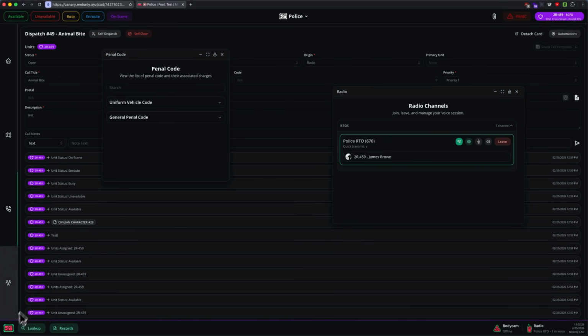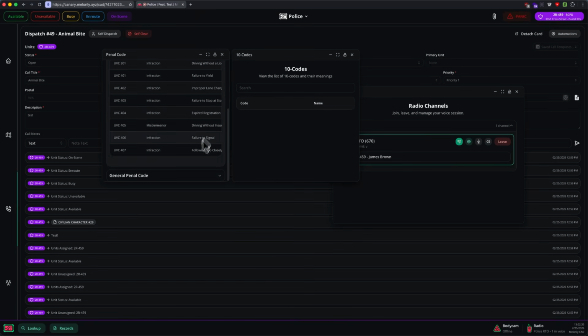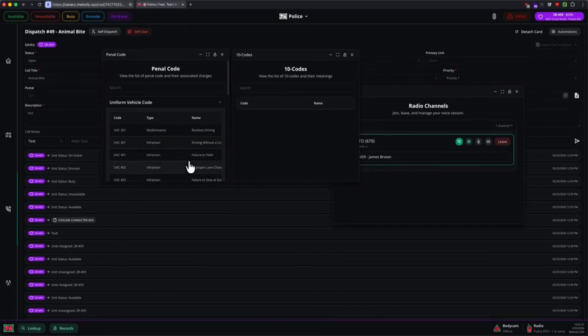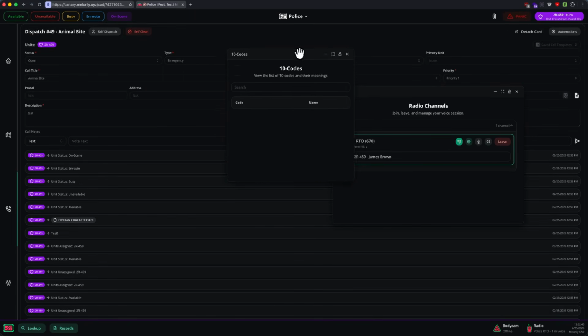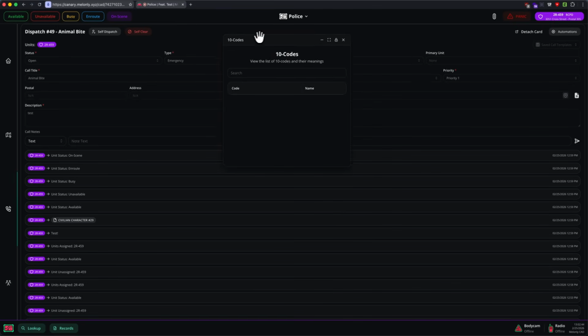And then information, we have penal codes and 10 codes. We don't have any 10 codes configured, but normally they'd appear in a table down right here. And then we have our penal codes. This just goes over all the laws of our server, and these are configurable by server admins. And so if you forget the penal codes, or 10 codes, sorry,